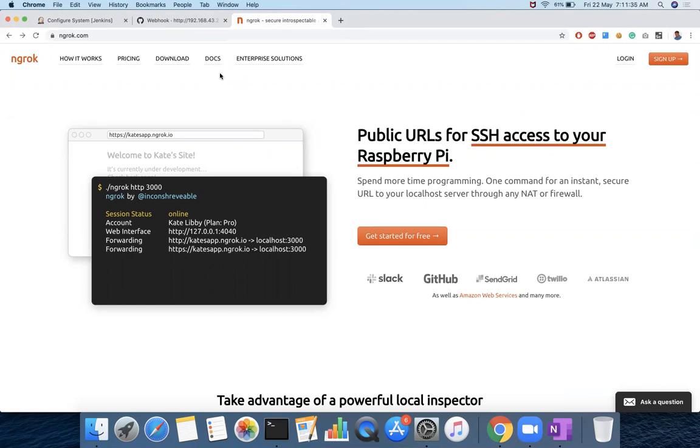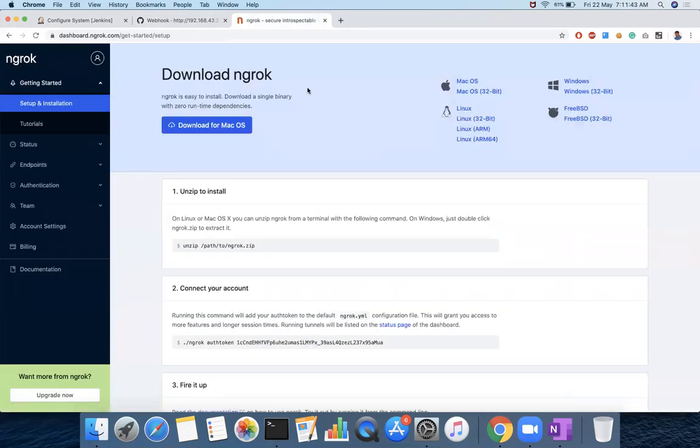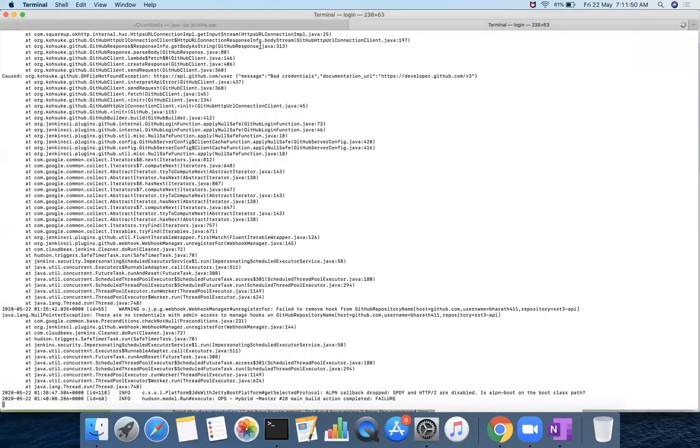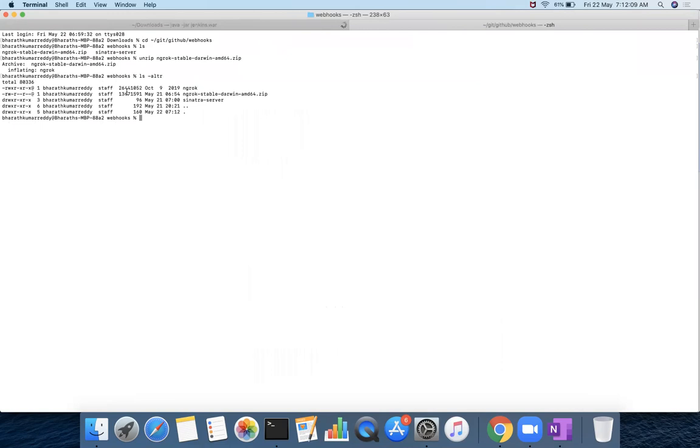What you need to do is register and log in to ngrok, and download ngrok based on your OS. I downloaded it into this one. This is the zip file, which I have to unzip. When I unzip, I will get a file called ngrok.